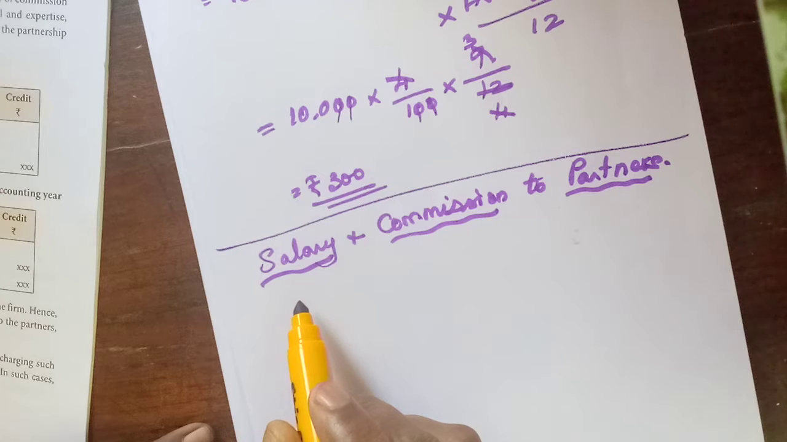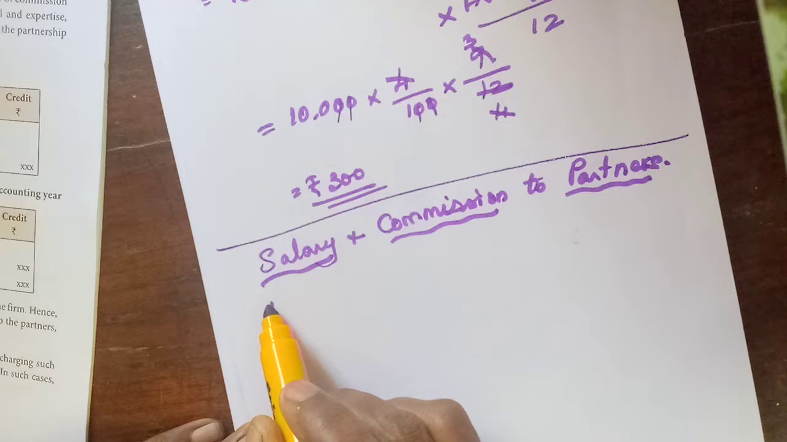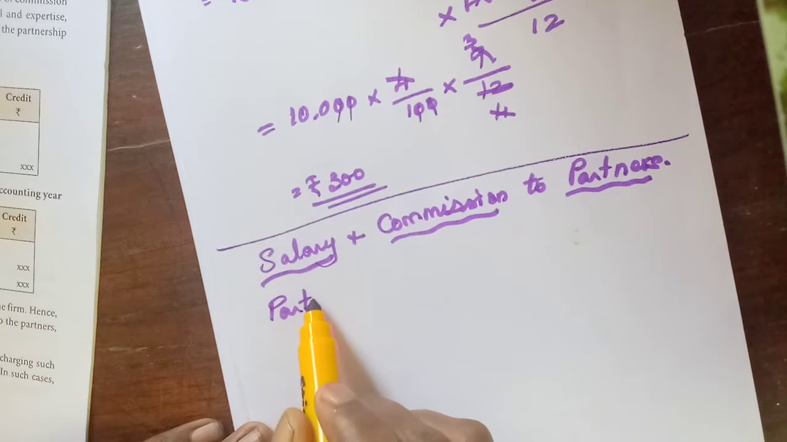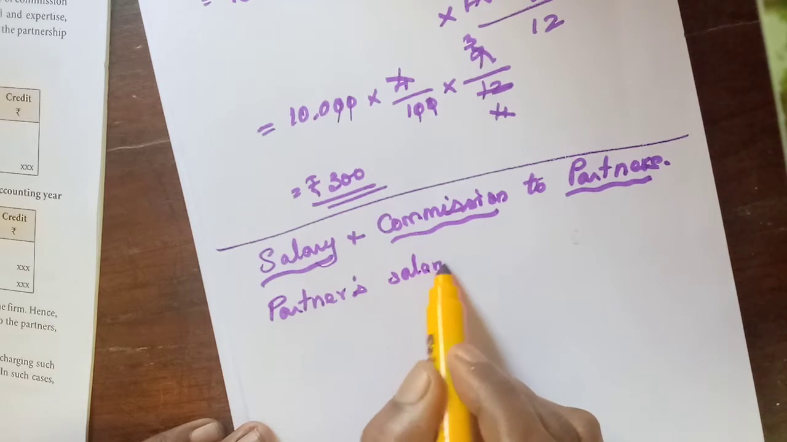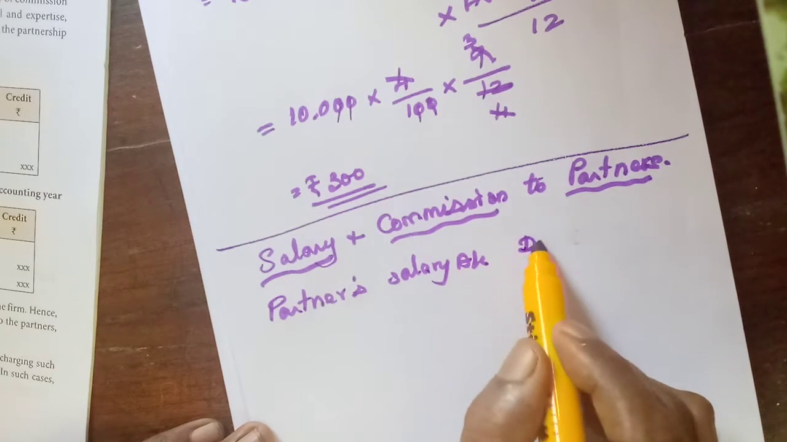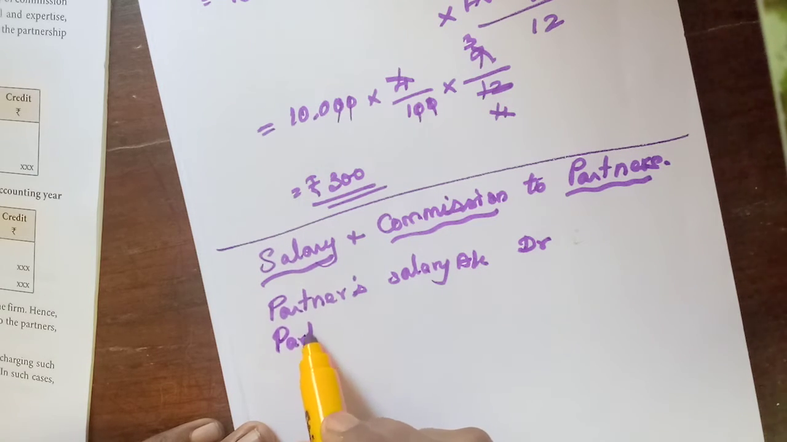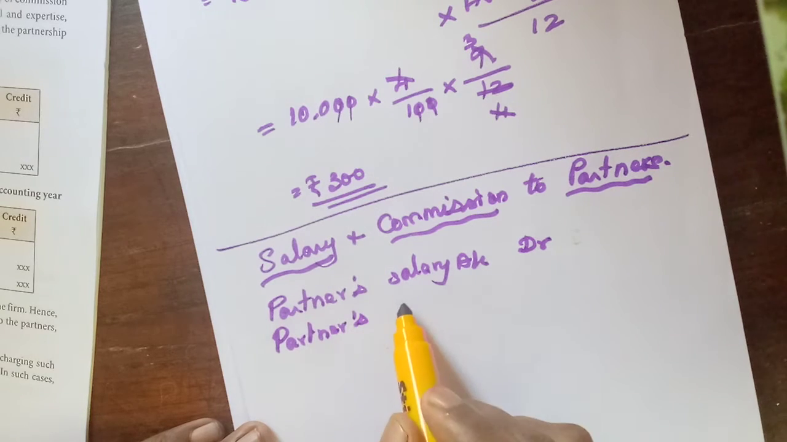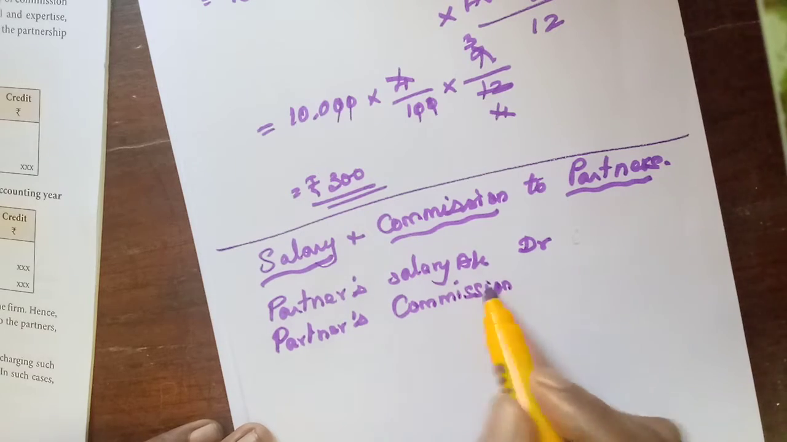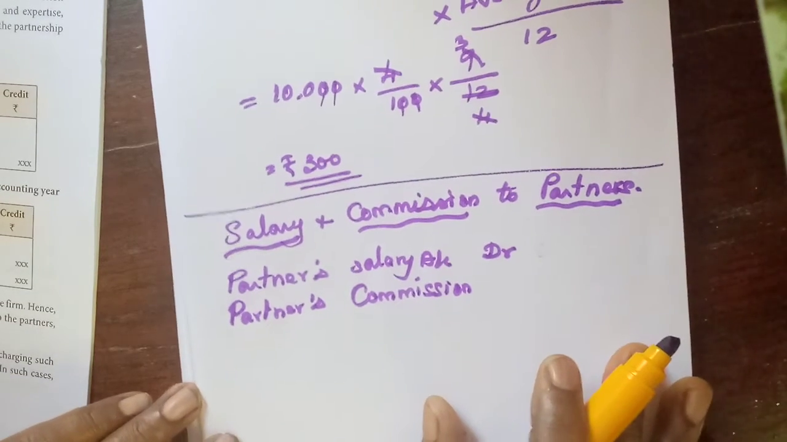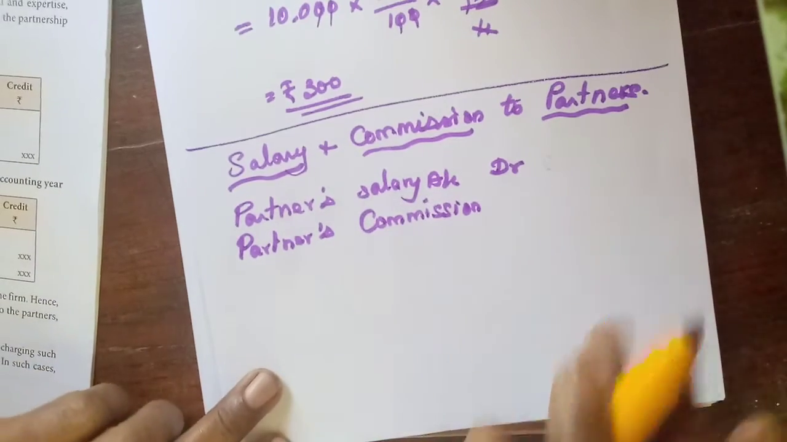So the first journal entry for commission and salary, that we know, isn't it? Partner's salary is an expense, so that will be debited. Partner's salary account debtor. Then if it is commission, partner's commission. Here we should write the name of that partner. Partner's commission account debtor